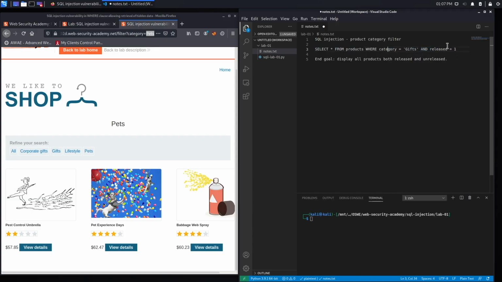So what's happening over here? Let's have an analysis section. When you entered pets, what's happening is it puts pets in the category field and it runs this query. And what this query does is it says, select all the rows from the products table where the category column is equal to pets and the released column is equal to 1. So what it'll show you is all the products that are in the category pets, but also they have to be products that have been released. So if released was equal to, for example, 0, then you wouldn't see the product over here